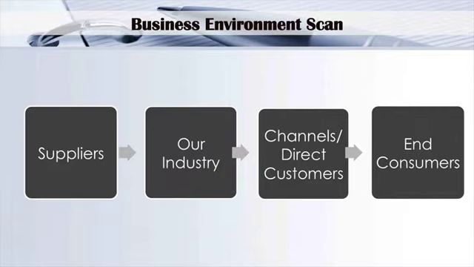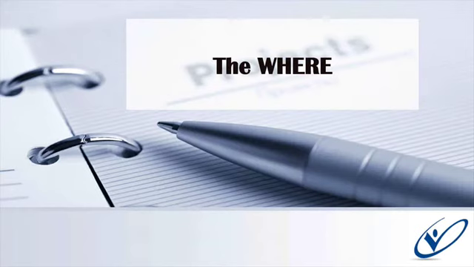Once you've done that, then you can pull together the key issues. You can actually say, these are the key issues in the now for our business. Look at our magic wand and then look at the external environment, and these are the key issues that are currently impacting on us. Then we quickly move on to the where, and really just a couple of things here.